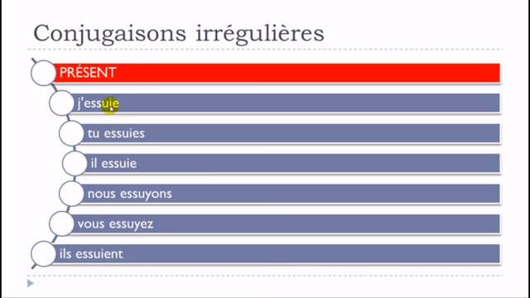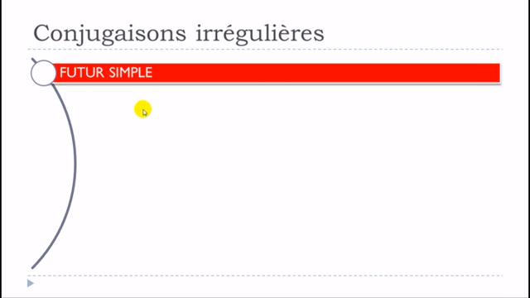If you look carefully, you can see that for the first form here, this Y is changing, and now it's I. Same thing here, and exactly the same thing here. For nous and vous, it does respect the rule for the verbs ending with er, so you don't really modify it, you just put this Y and after that the ending. But keep in mind that for je, tu, il, and ils, this Y will be replaced by I. So let's see now le futur simple.